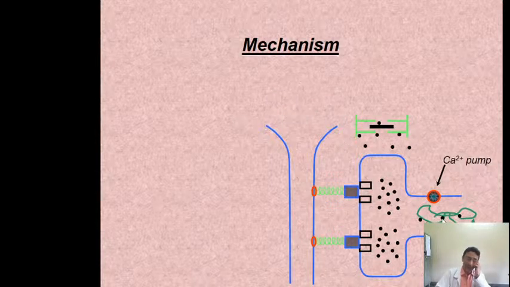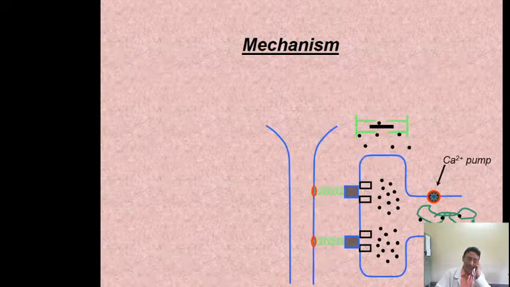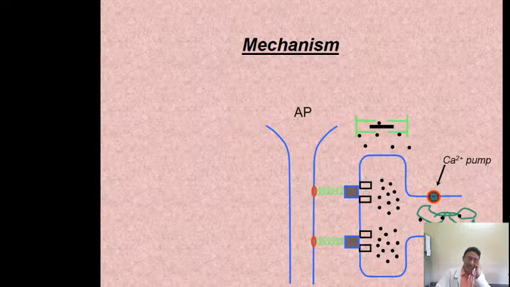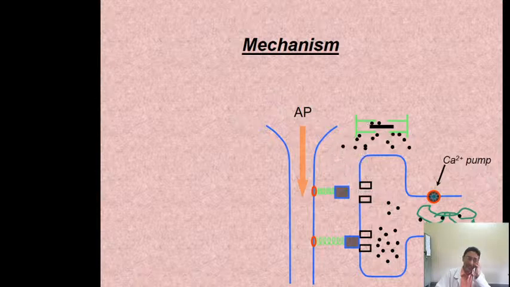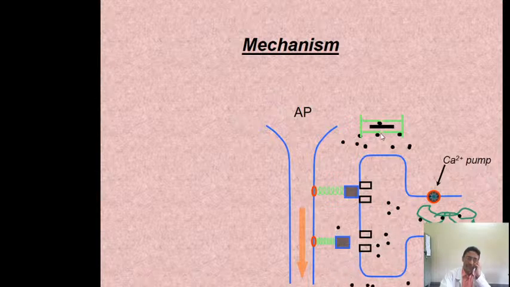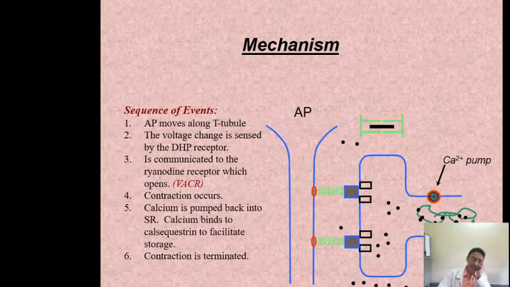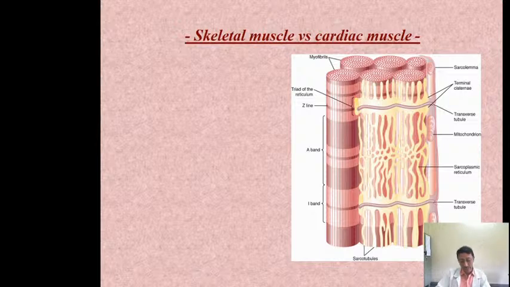Just to follow it, I will repeat it again. See this again. Action potential coming down from the T tubule, entering into the L tubule, stimulating the ryanodine receptors, calcium coming out and causing the contraction here. Once the contraction is over, the calcium is released, and through the calcium pump it is pumped back into the sarcoplasmic reticulum. So this is how the excitation contraction mechanism gets completed.